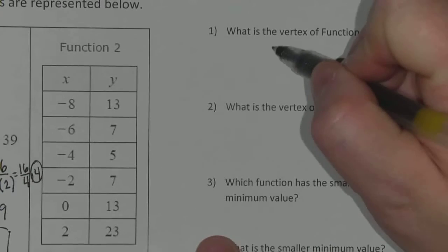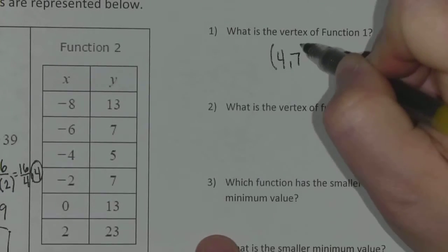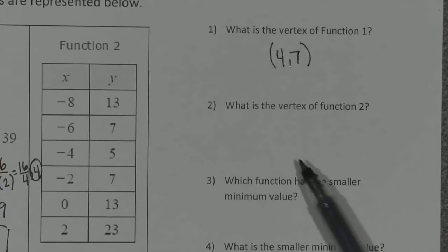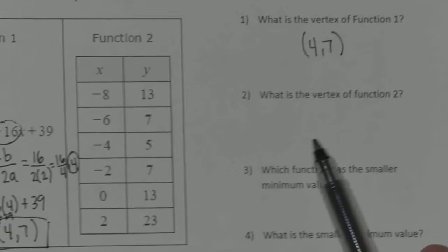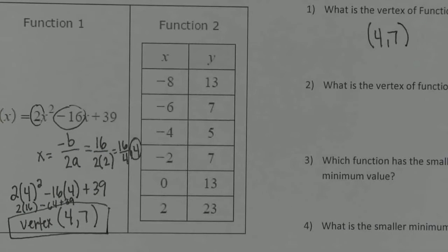Okay, so it says what's the vertex point of function 1? The vertex point is 4 comma 7. Then it says what's the vertex point of function 2? Well, we know this is a parabola. So we know at some point there's going to be a point that breaks it up into go in both directions, right? It might be easier on this to just graph it really fast so you can maybe see where